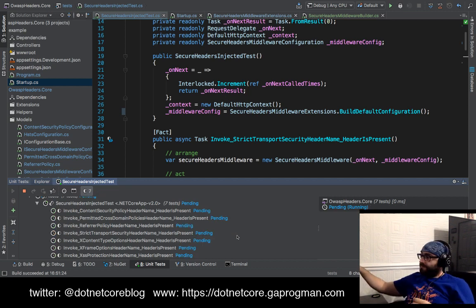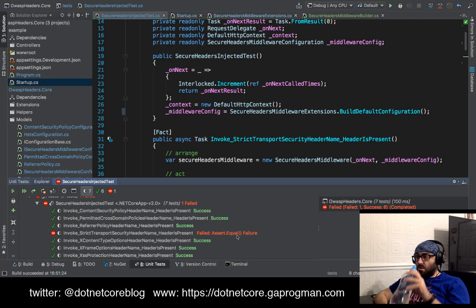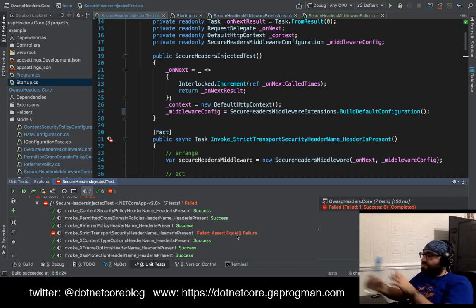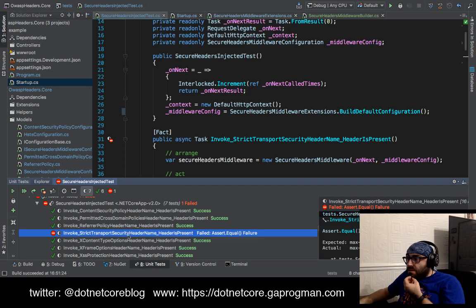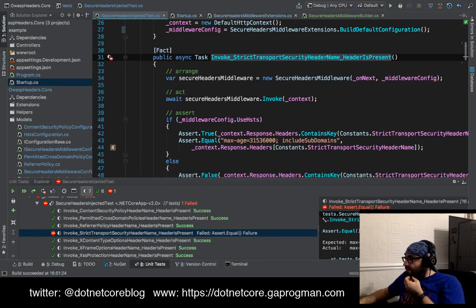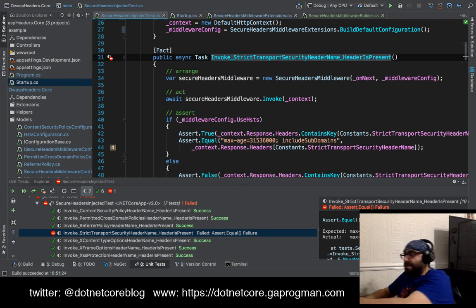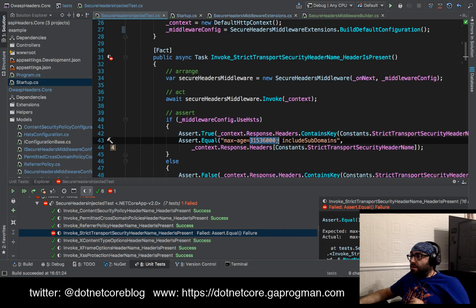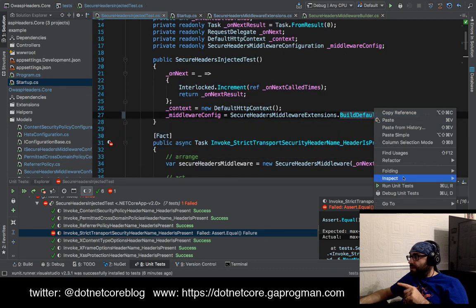And here we go. I'm expecting one to fail. Okay. So the security transport header test failed. Yes. We've said we want this value 3153600 to be in the header, but we've got 6307220 whatever, and that's because if you remember when I did build default configuration,